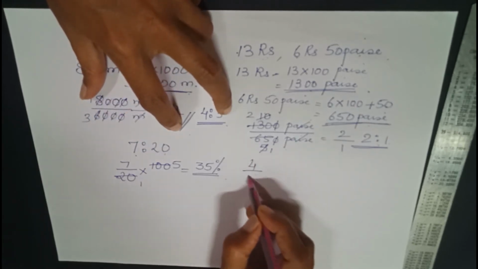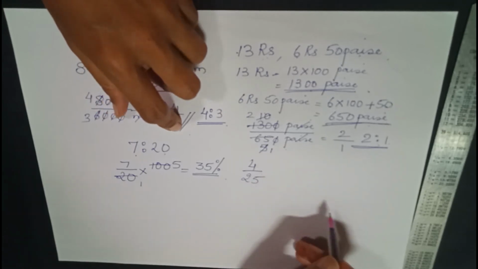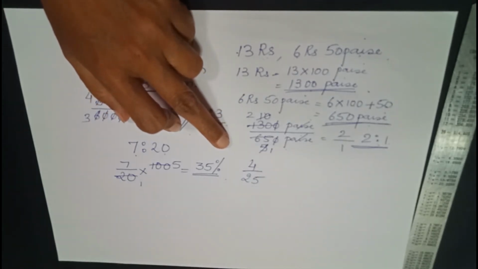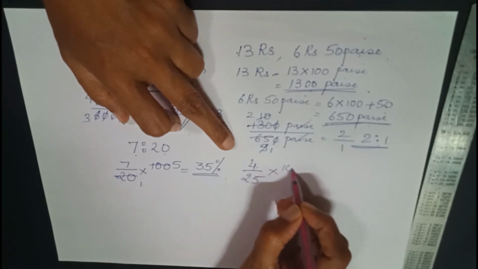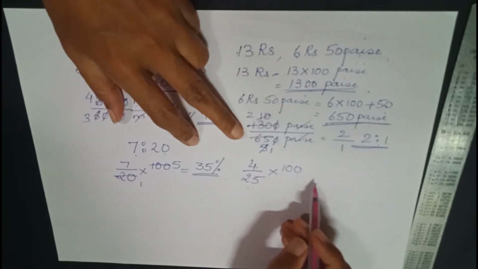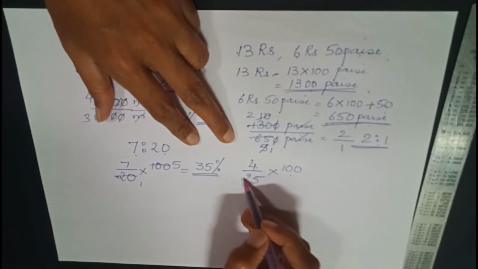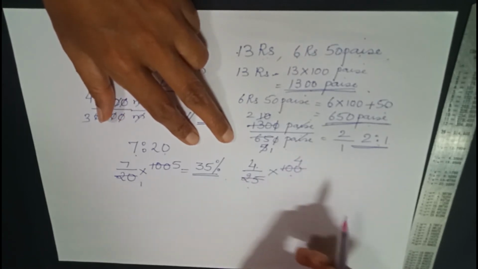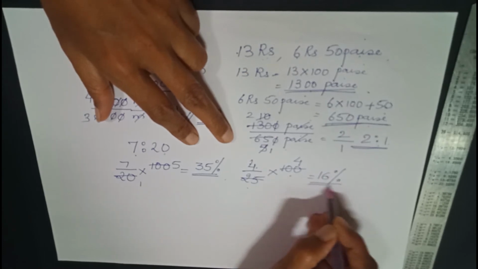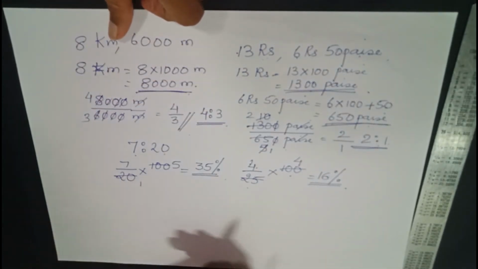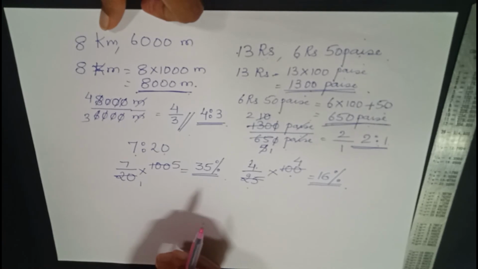Let us say I have another ratio 4/25 and I want to convert this into a percentage. Right? So 4/25, when I convert into percentage, I just multiply by 100. So 25 fours are 100. So the answer is 4 fours are 16%. This is how a ratio can be converted into percentage.